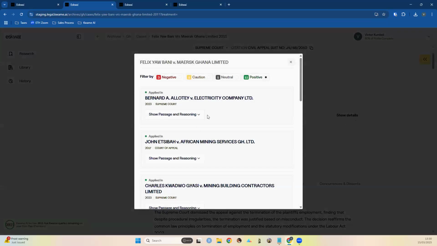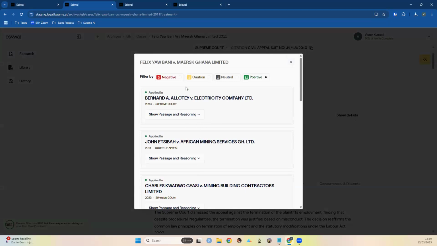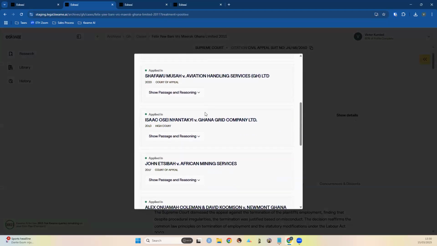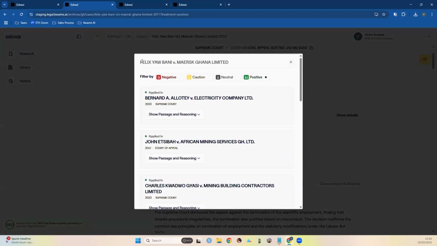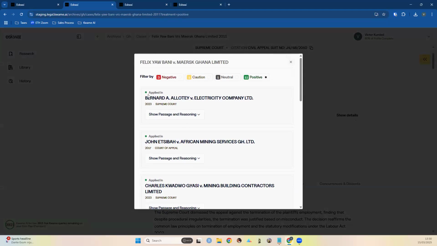you click on show details, and that opens up this modal, and in this modal, the details are shown. So when you click on a particular treatment, all of the cases which cite Barney versus Maersk, Ghana, and are treated it positively are listed down here, right? So these are all the 11 cases, and you can see here, the green is highlighting the positive, and you have this keyword which tells you how Barney versus Maersk was viewed in this case.